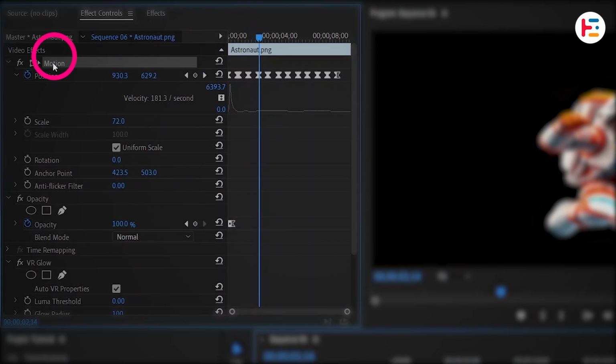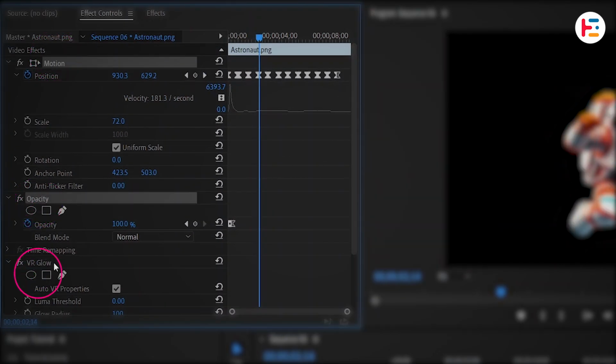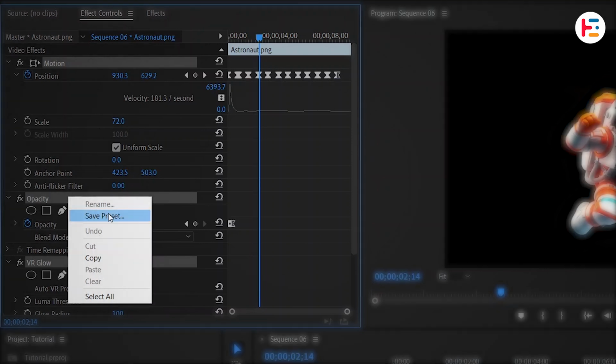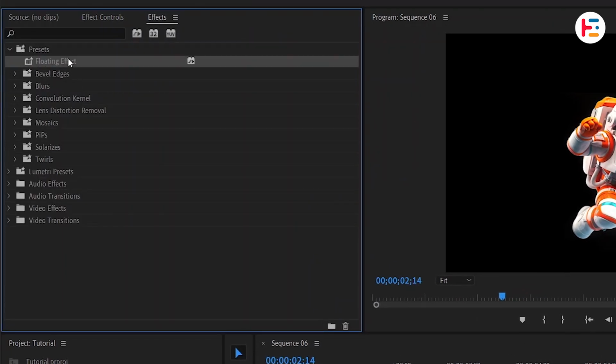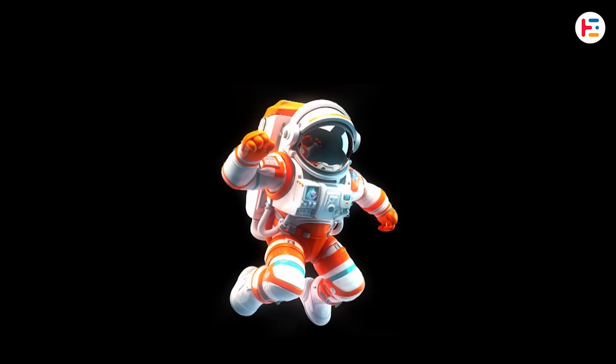Finally, select all these effects by holding down the Control or Command key, right-click, and save them as a preset. This way, you won't have to repeat this process in the future. And this is how you will end up with